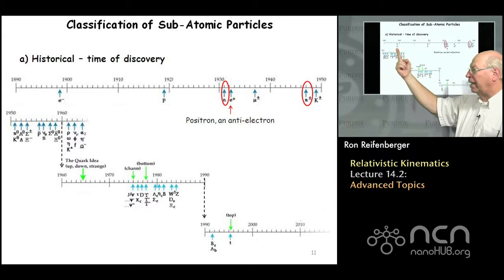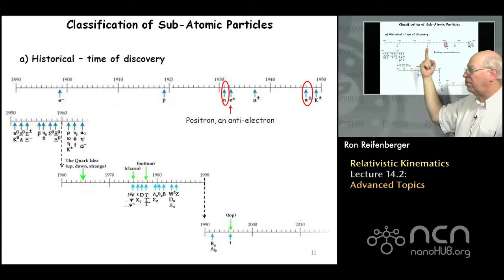It shows that the electron was the first elementary particle to be discovered. That was back in the 1880s. It took until about 1919 before the proton was discovered. It took another 10 years for the neutron to show up. That occurred in 1931. But then after that,